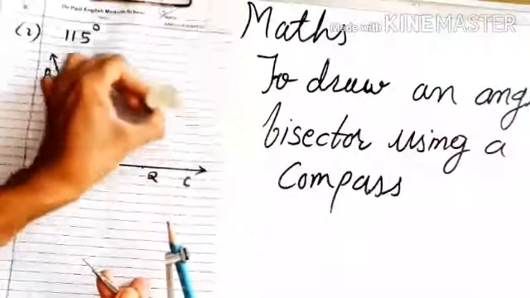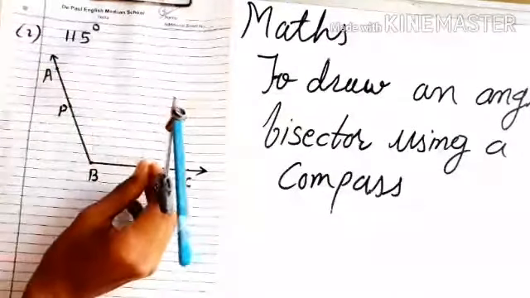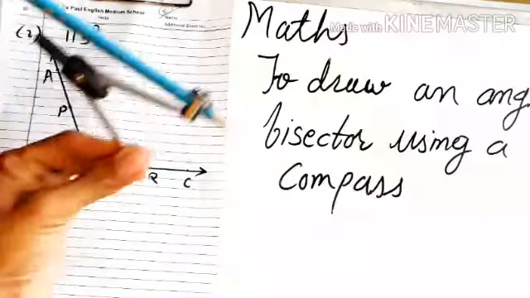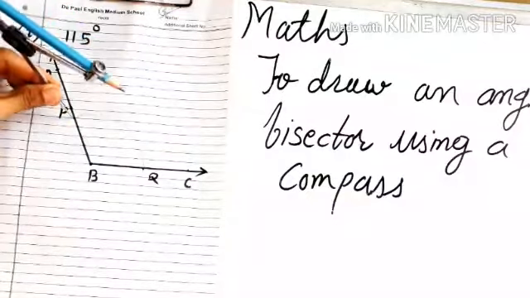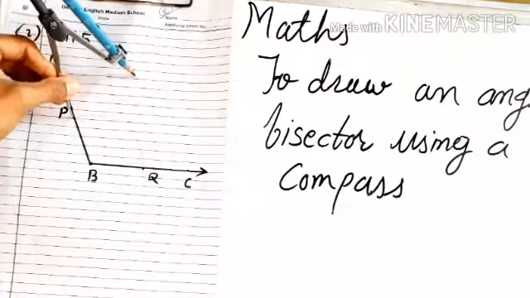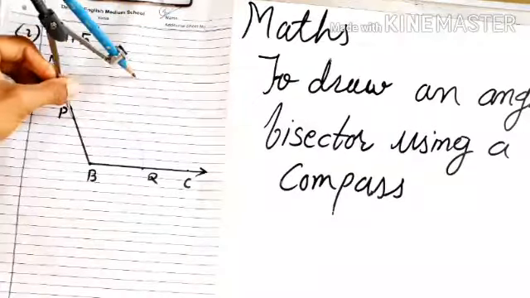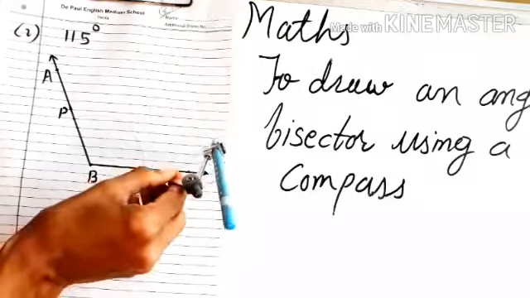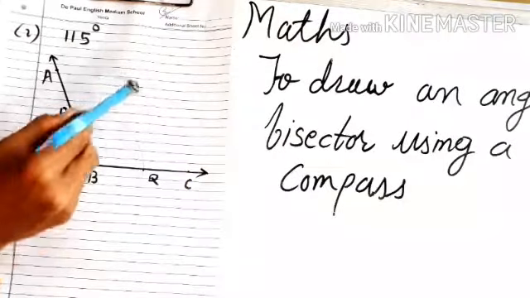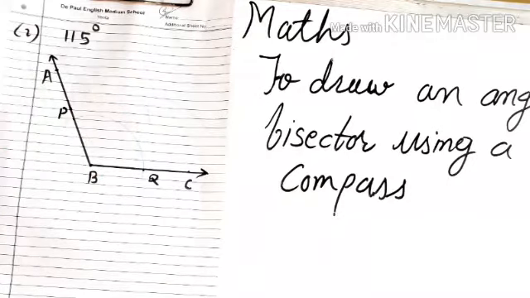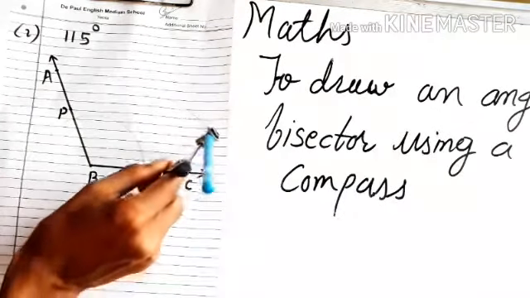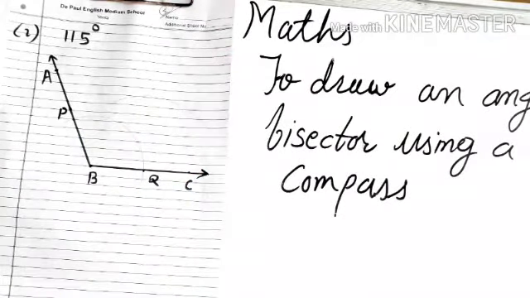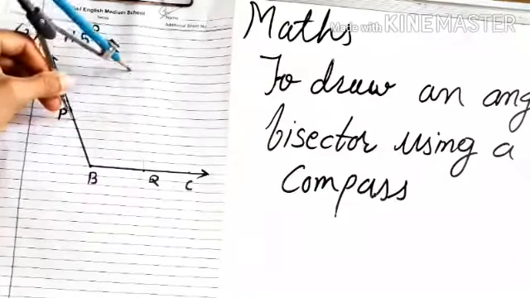See here, this arc must come properly. So here I am drawing this arc again. Then don't change the distance. With the same distance, draw another arc which will intersect the first arc. Now sometimes what will happen, students? Suppose you have drawn this arc somewhere, and it is coming to this side, and you will say it's not intersecting. No problem. What you have to do is extend this first arc. See, automatically these two arcs will intersect. At some point, they will surely intersect, okay?